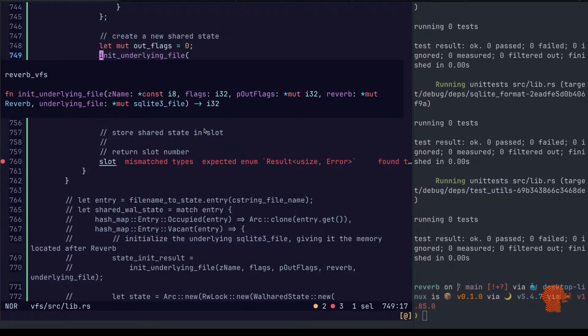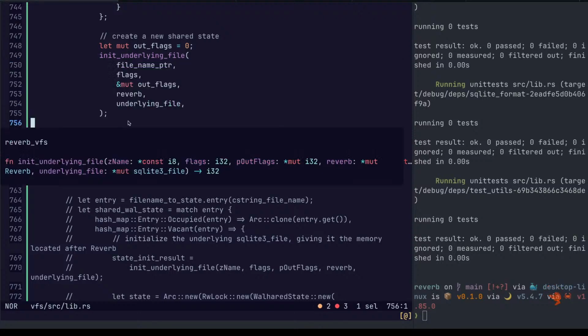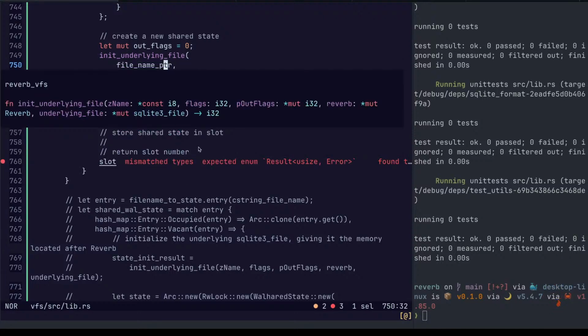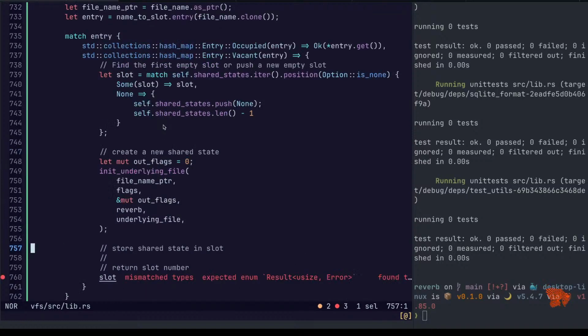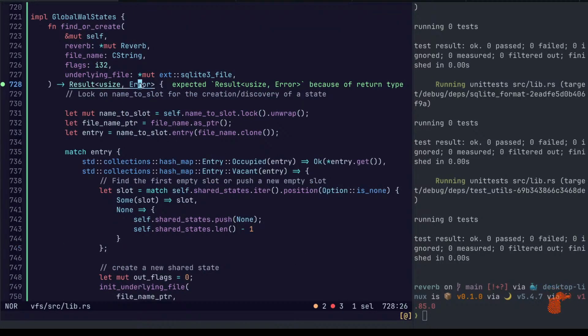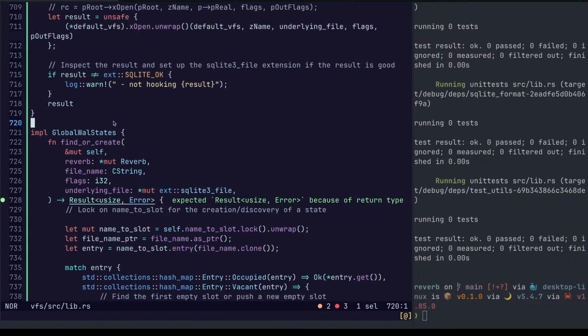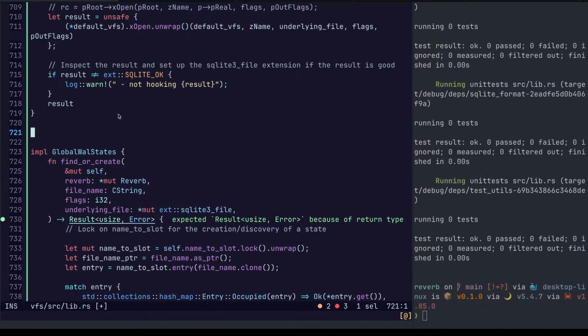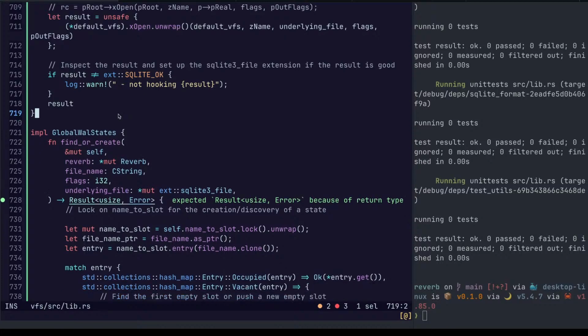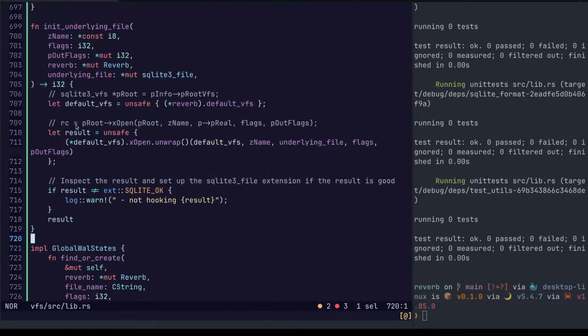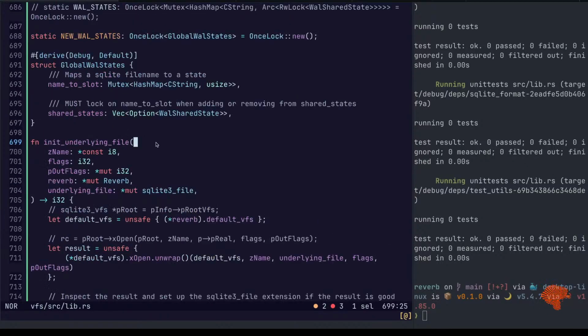Now this will return a result. Hmm. What if our result is not good? I want a different type for this as well.